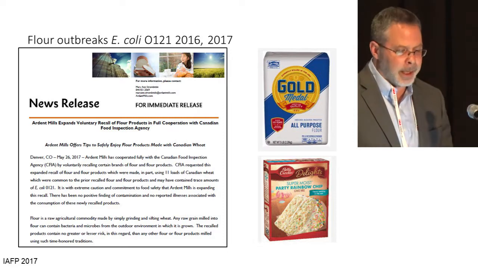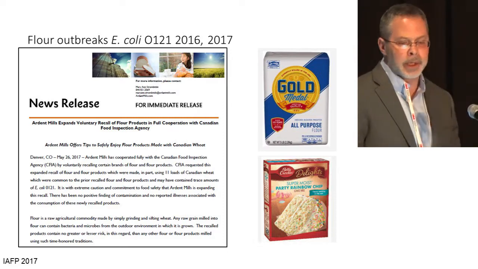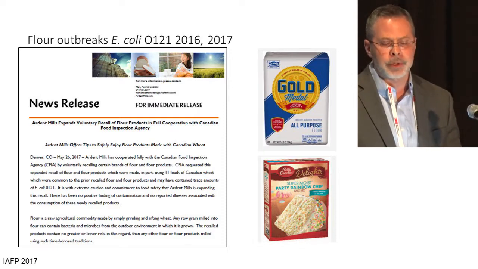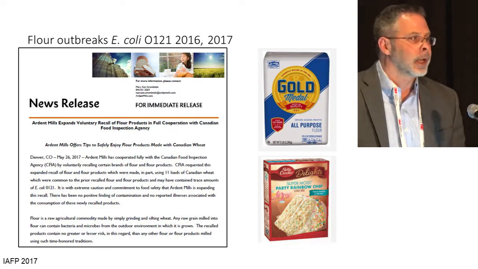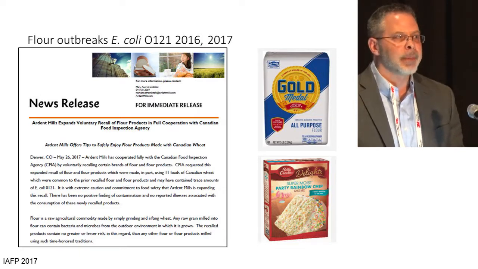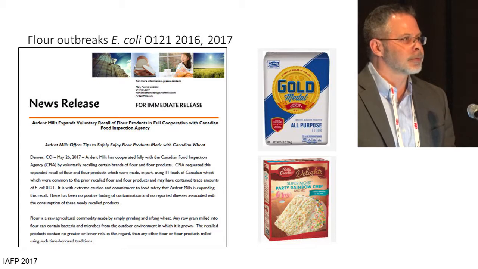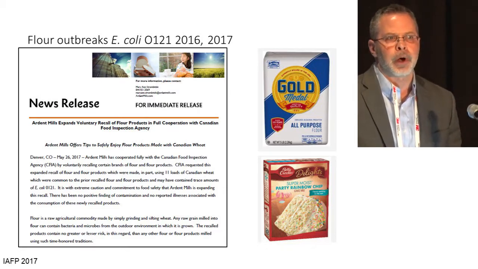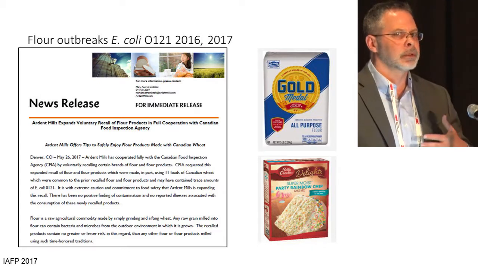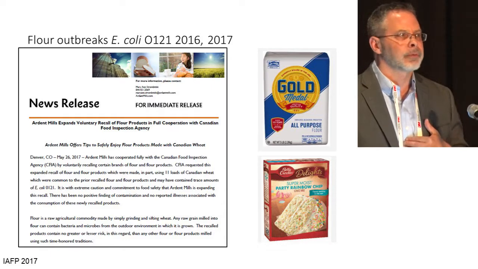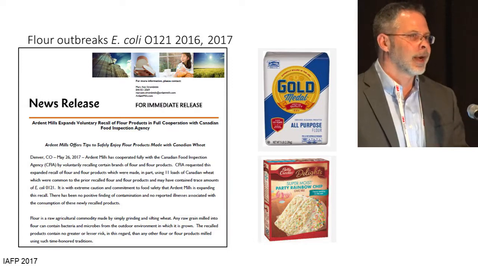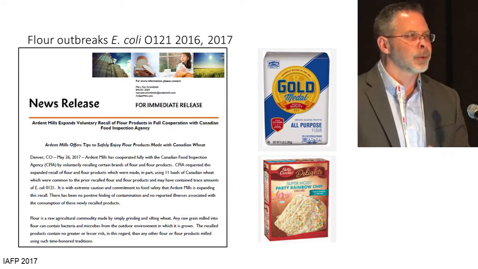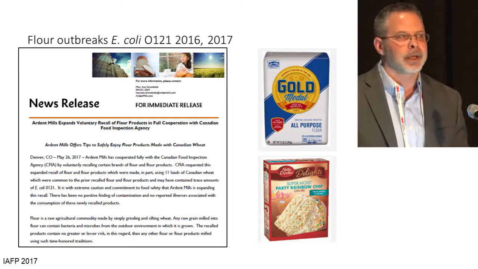Since then, we've seen a couple of outbreaks, one in 2016 and one in 2017 related to E. coli 0121 in flour. And if I think about this, this causes a number of challenges for risk managers. First of all, we were able to use heat-treated flour in cookie dough because cookie dough doesn't need to rise. Now, that's a simple assessment because there was a lot of work that had to go into engineering the flour to make sure the cookie looked like a cookie at the end of the process.